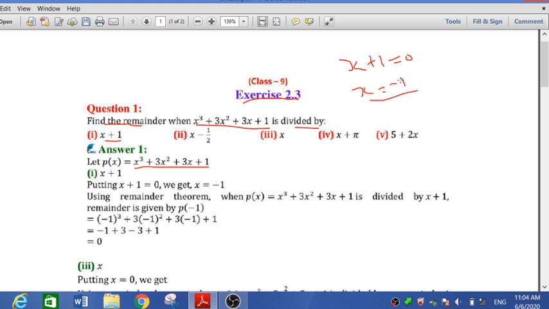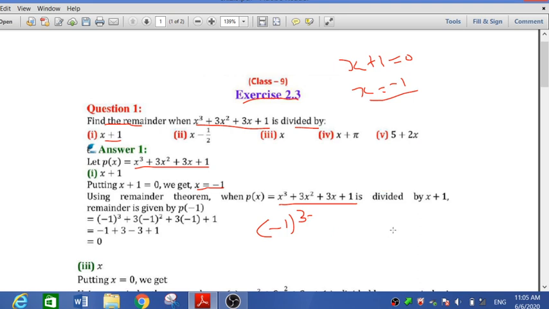Now we have to put the value of x equal to minus 1 in the given question. So minus 1 the power 3. Always remember, power is 3, that means odd power. When 3 is odd power, answer should be minus 1. So one important note: minus 1 the power n, when n is odd, answer is always minus. When n is even, answer is positive.